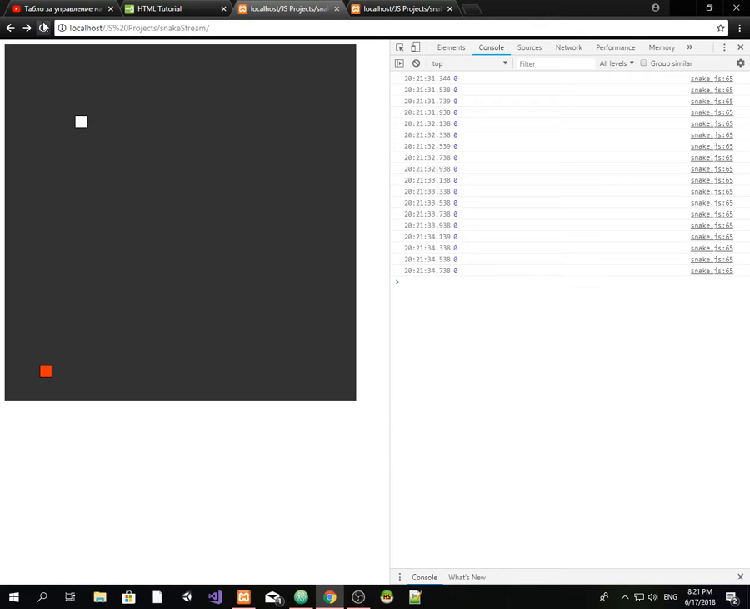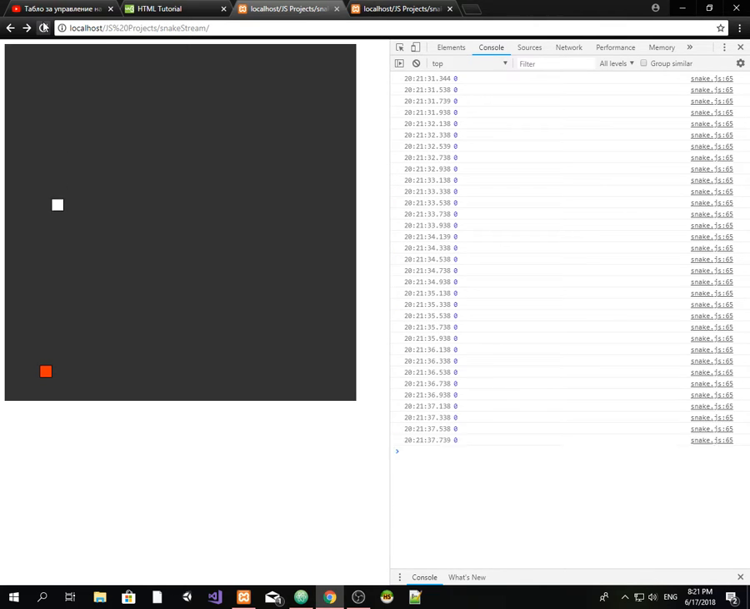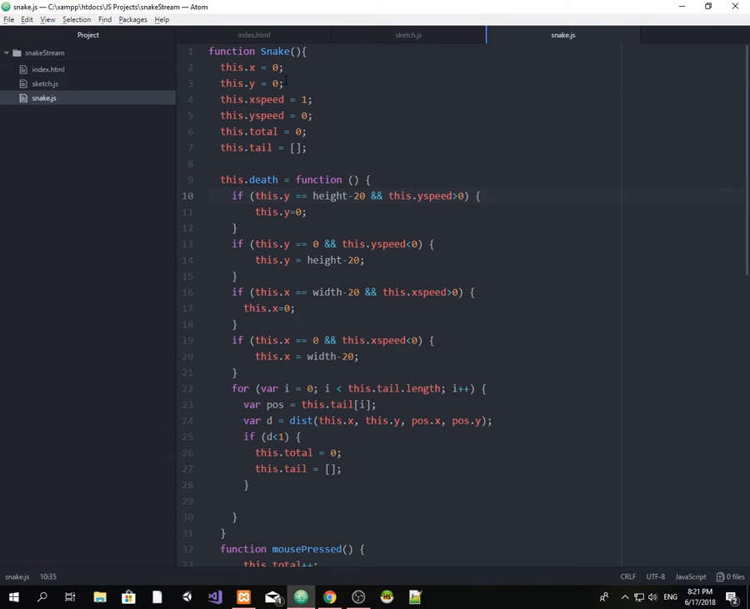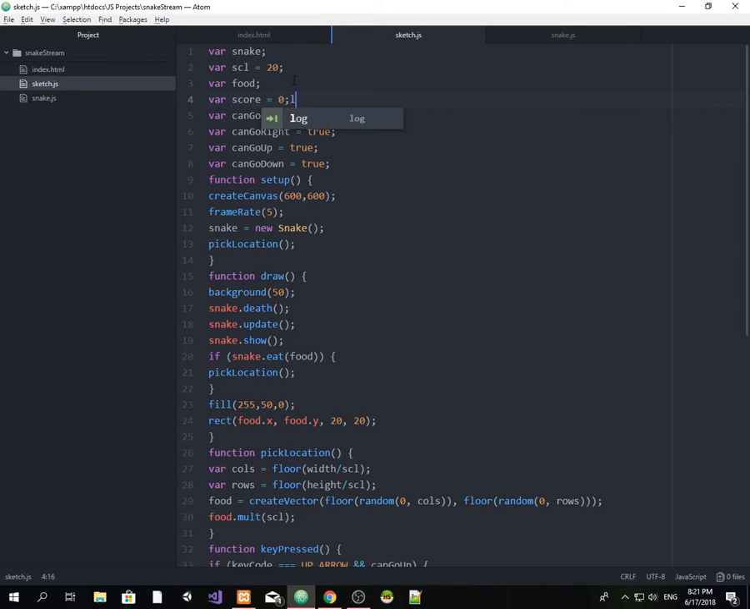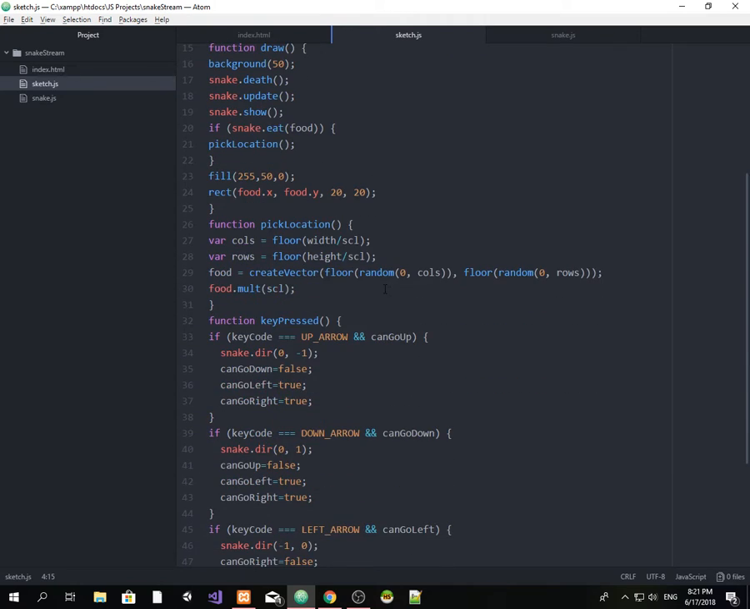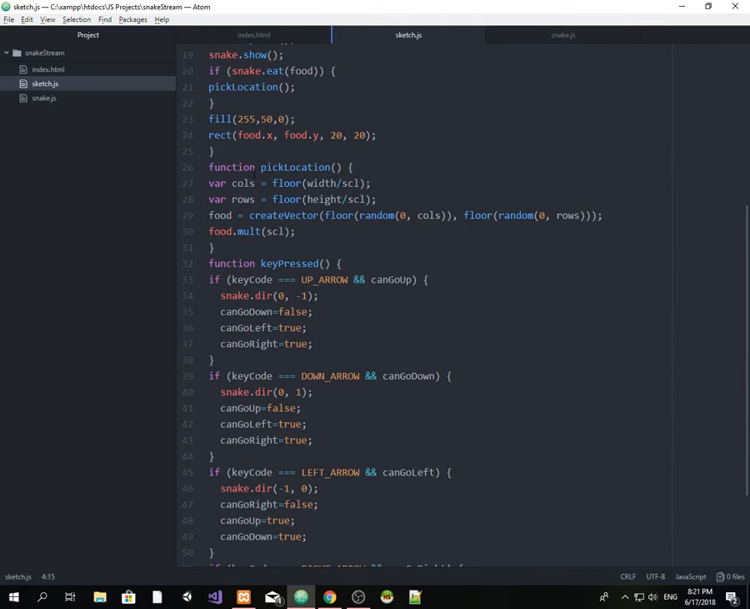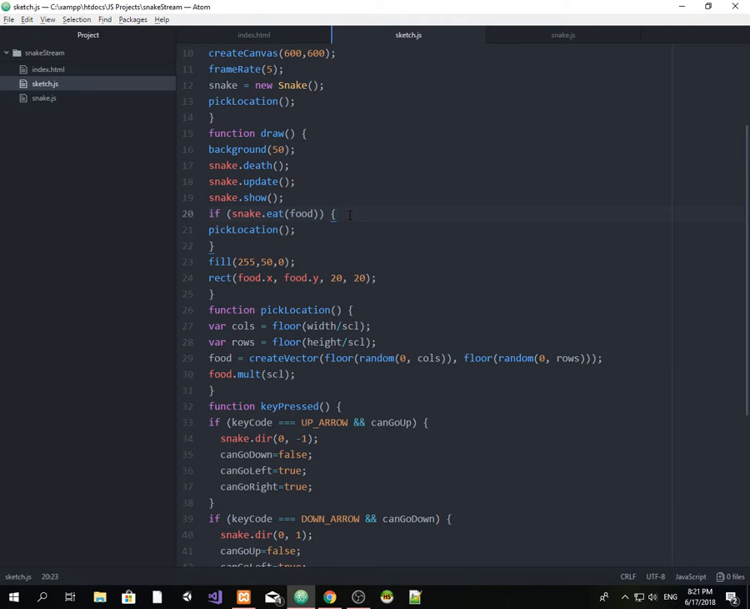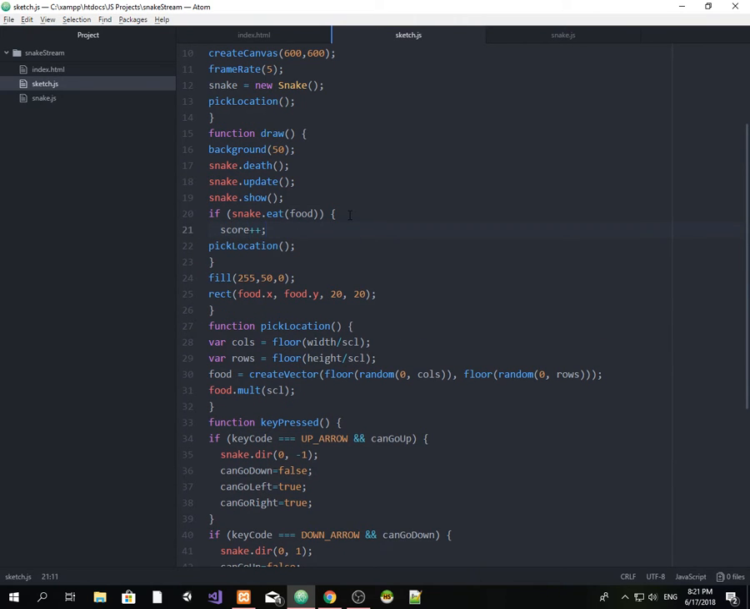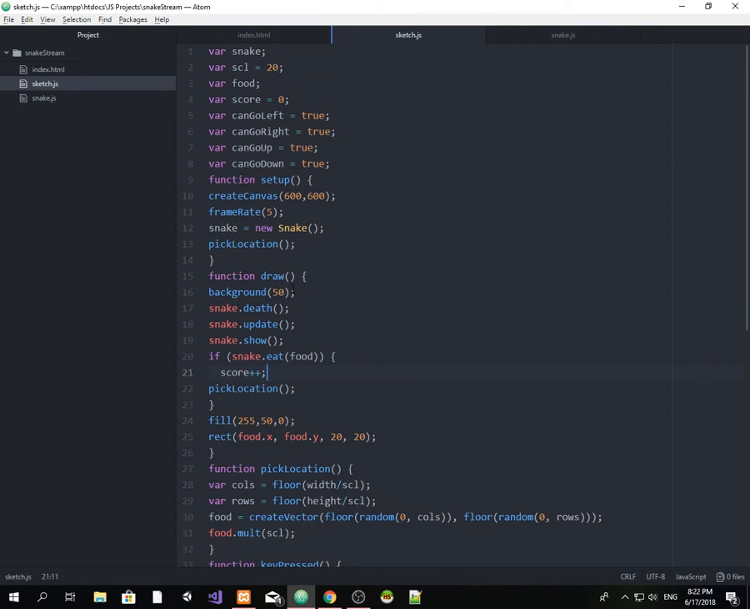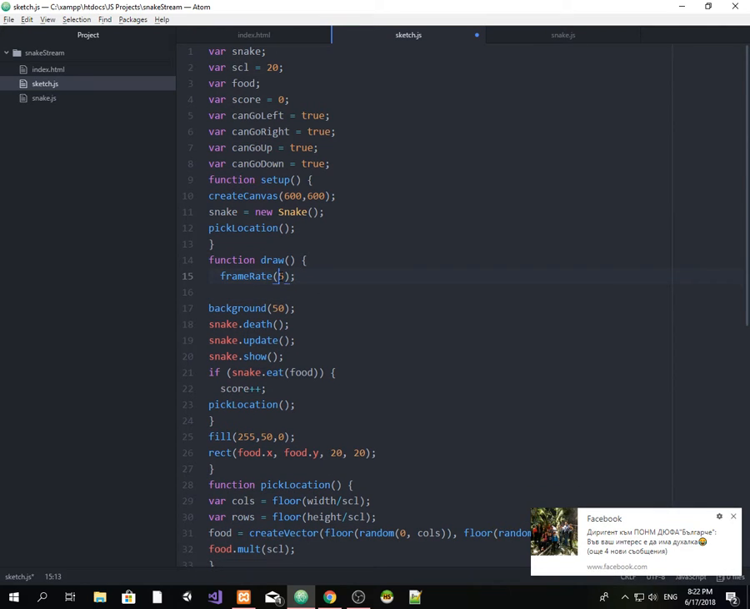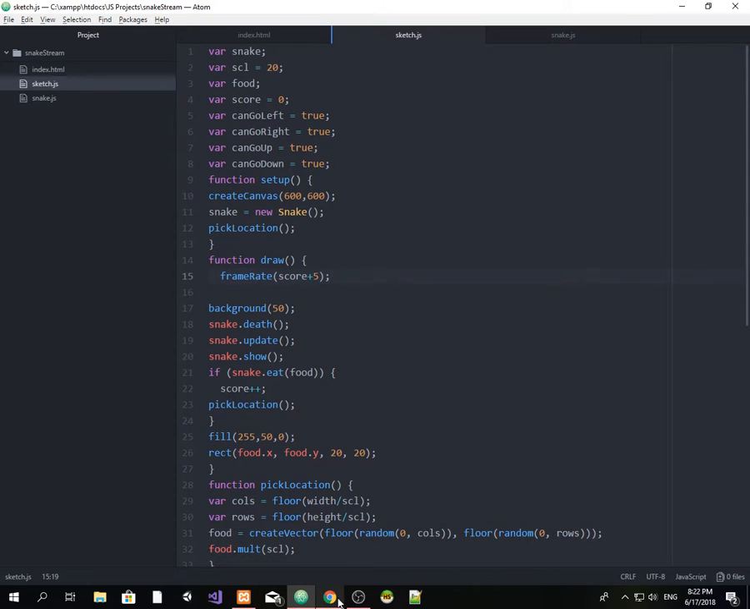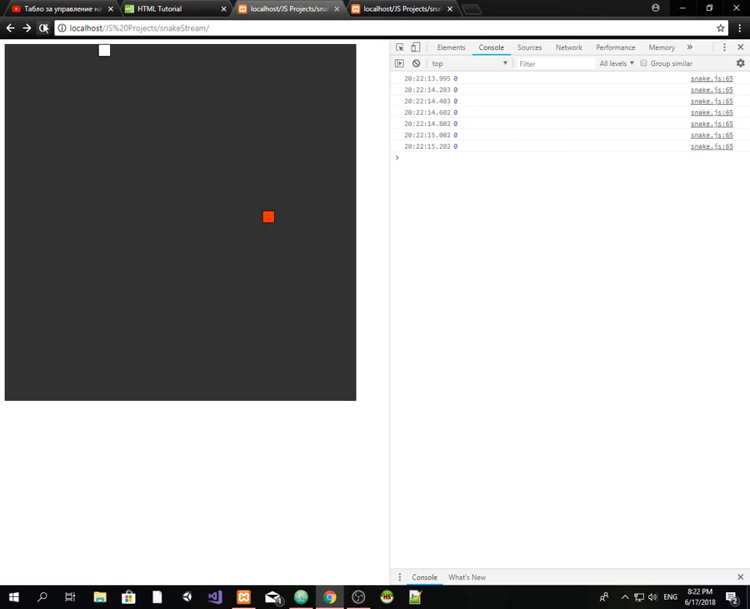So actually this is it. So we can make a score. In the sketch we can say I want var score to equal 0, and when I pick a new location, I want the score to increase, and the frames per second, or the frames, I'm going to move them to the draw because they're gonna be dynamic. Now it is going to equal score plus 5. So at the beginning it's gonna be 5, then it's gonna be 6, then it's gonna be 7, and it's gonna